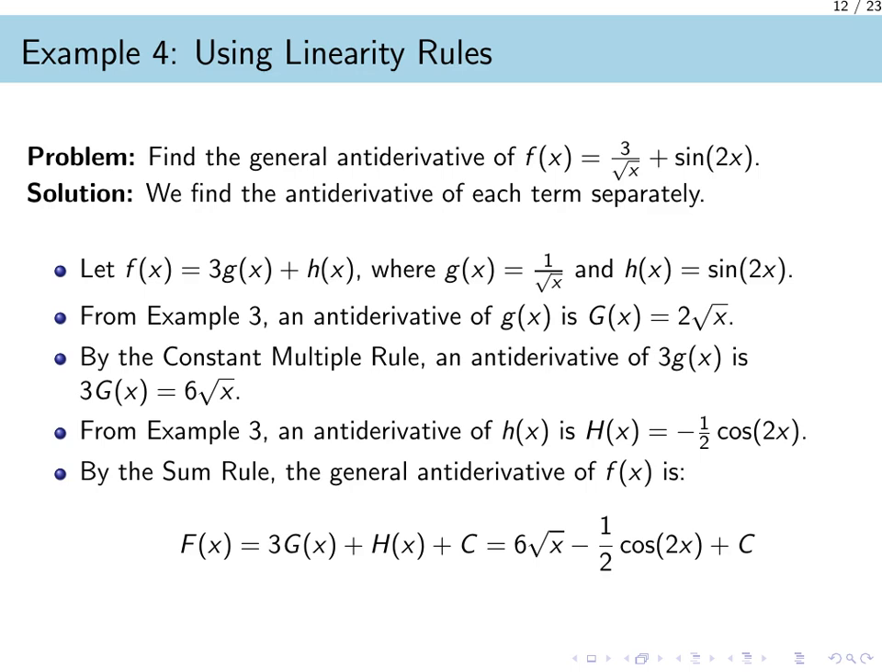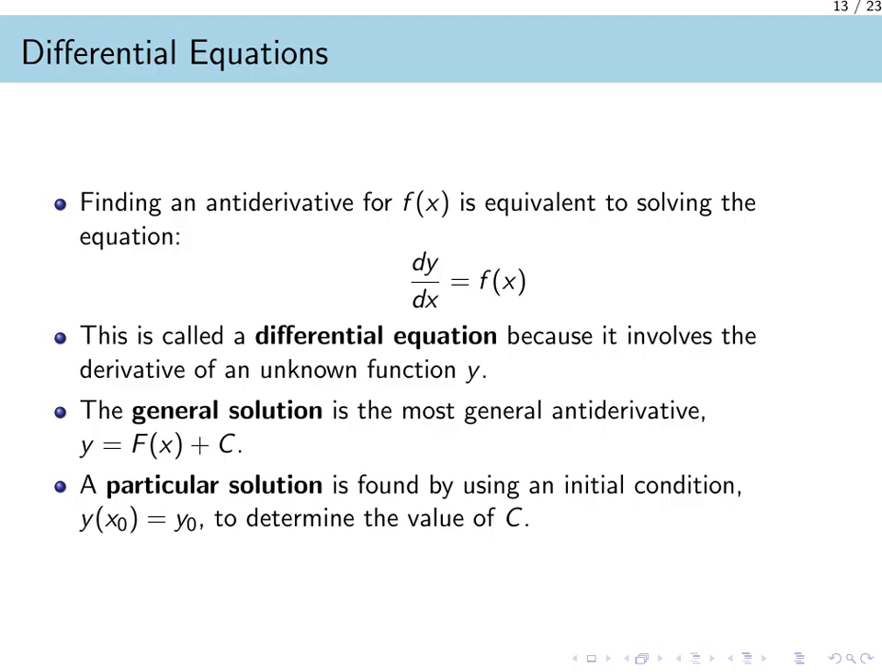The final result is 6 times the square root of x minus 1/2 times the cosine of 2x plus c. The main takeaway is that you only need to add a single constant of integration at the very end of the process. I can now show you how finding an antiderivative is the same thing as solving a simple but